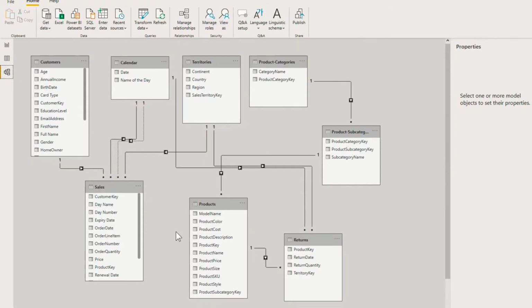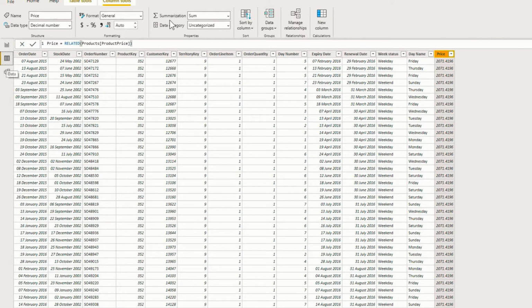So let us go back and restore the connection. All you have to do is just drag this product key from the sales table and drop it on the product key in the products table. So now we have a relationship between these two tables. Now let us have a look at the price column, and here you can see that the values have been populated.